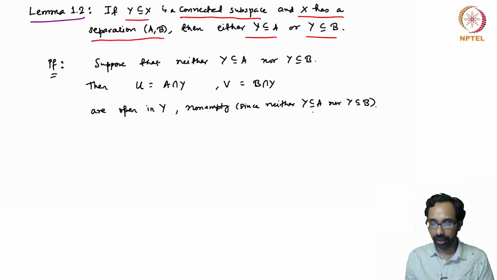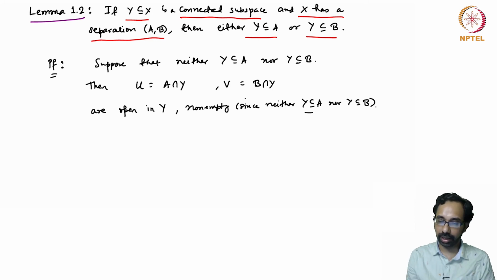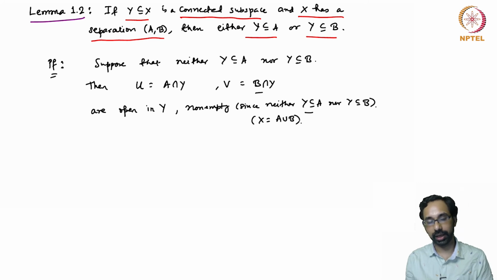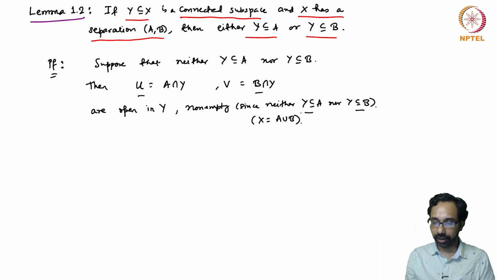So meaning that even if one of them is satisfied, for example if Y is a subset of A, then V will be empty because X is equal to the union of A and B, and similarly if Y is a subset of B, then U will be empty. So if neither condition holds, Y is not a subset of A nor a subset of B, then both U and V are non-empty, they are open, and they are also disjoint